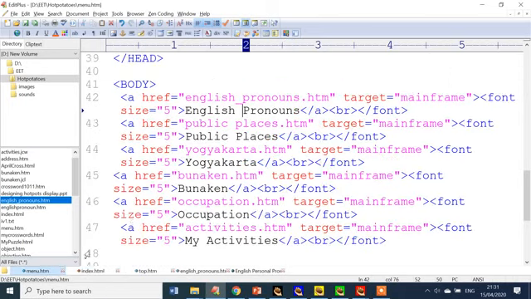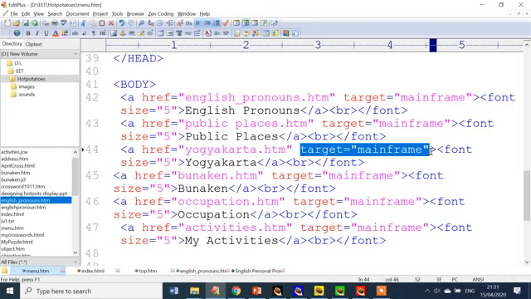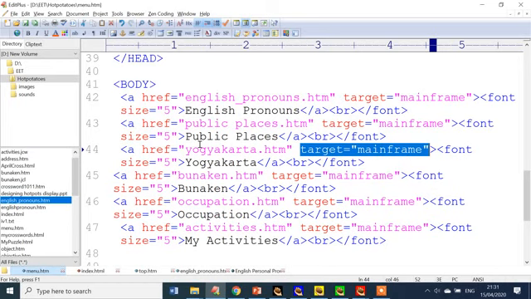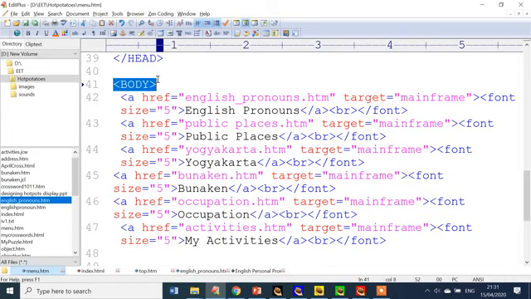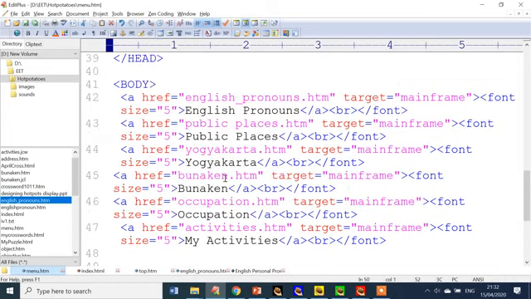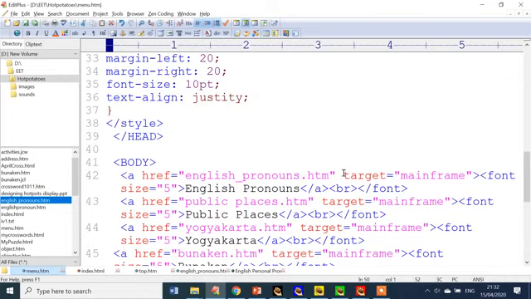Here in the menu, you have this one, Yogyakarta. This is the name of the link, Yogyakarta.htm. And the target over here should be written. Otherwise, the file Yogyakarta will be displayed in the menu. So this is the content of the menu. It's written between the opening body and the closing body, and it only consists of a list of links, the name of the file, and then the text displayed, the name of the link displayed,